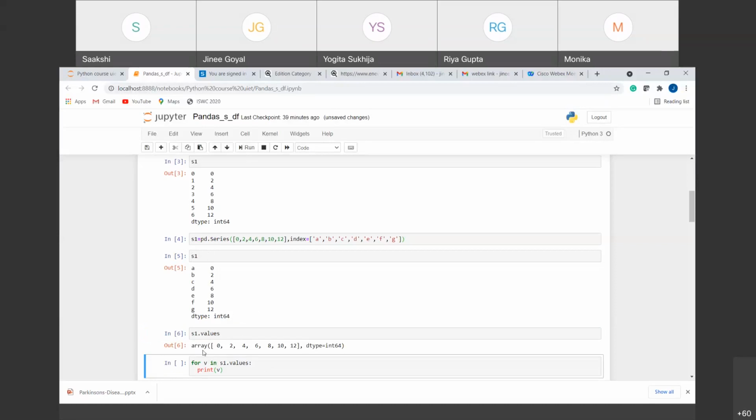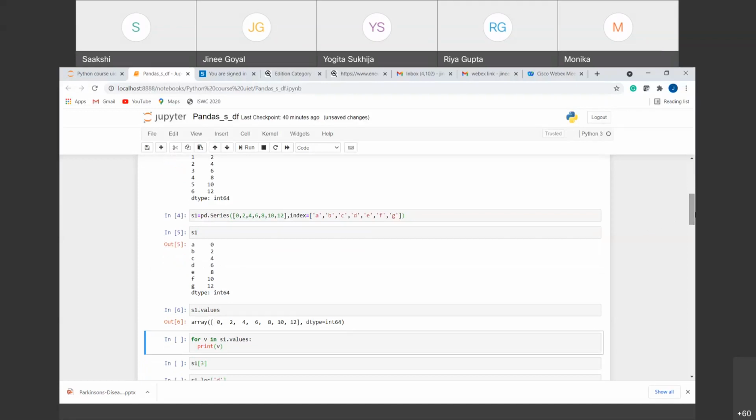Why have we got an array? Because our series consists of an array of the values. This was the index, these were just the array values. That is why when we call the values from this series, we get an array, with each element of the array related to some index.